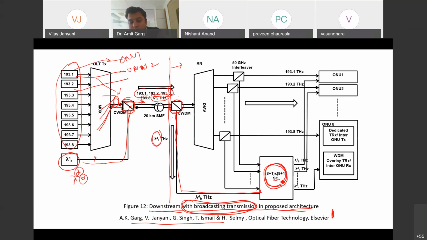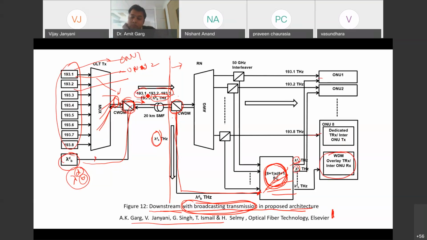So SC is a star coupler. This wavelength is split into all the output ports, and you can see lambda BD going to each ONU. So the ONUs are receiving the broadcast wavelength. Broadcast means it is coming to all ONUs.